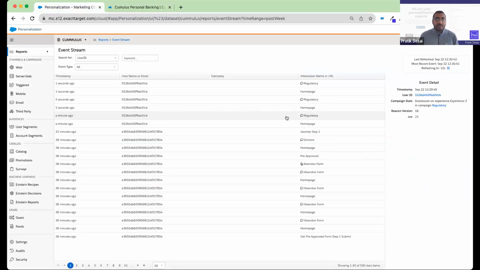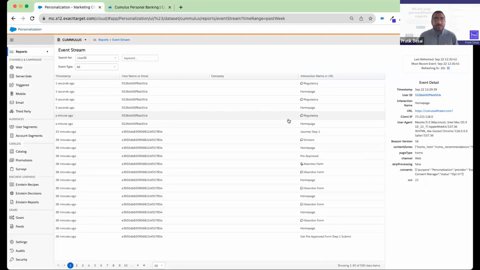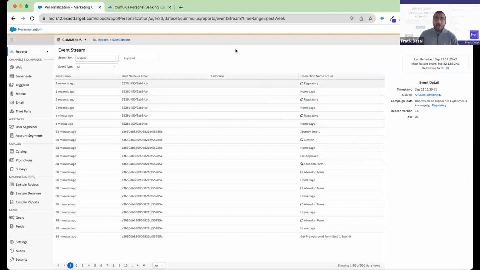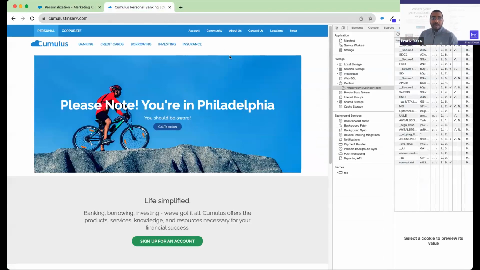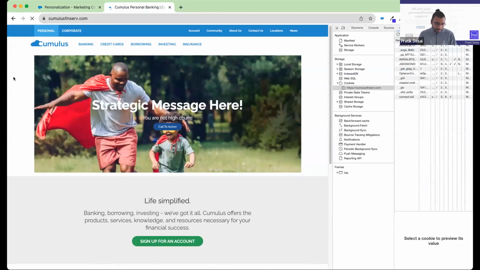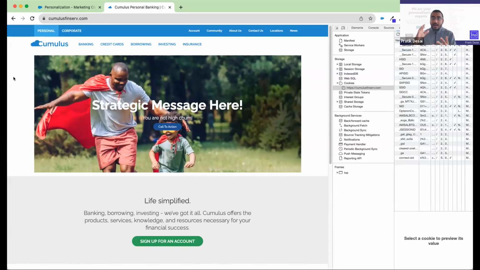So what does that look like on the event stream side? You can see here that I've refreshed. I've seen regulatory 3 times. Okay, so me as an organization, I now know you're ready to move on from your particular experience. You've seen the regulatory message. I've abided by the law. I now can move on and start to do what my stakeholders want me to do, which is show you a strategic message. And so now I'm seeing a strategic message,